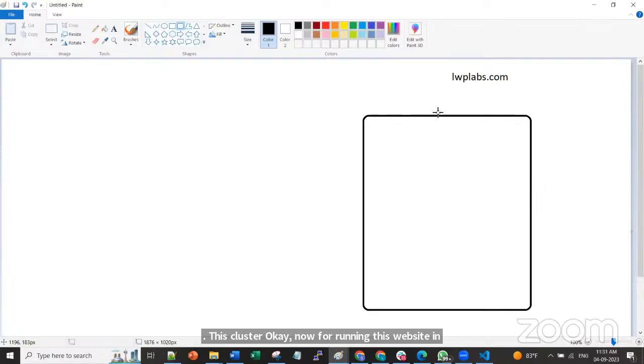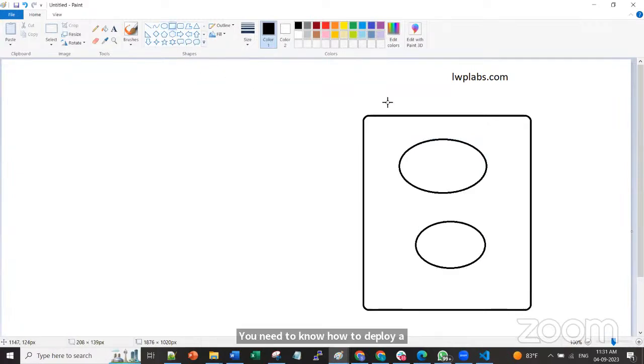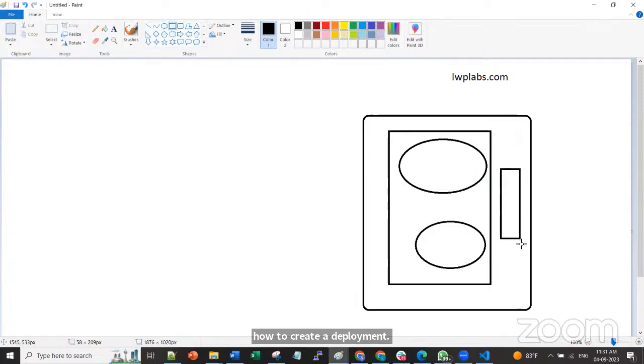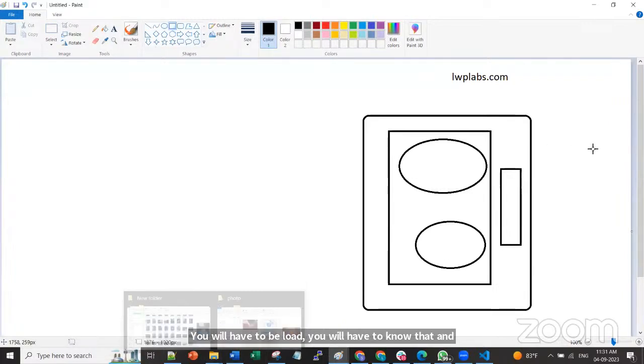start from zero. Means you need to know how to create a Kubernetes cluster. You need to know how to deploy a pod. You need to know how to create a deployment. You need to know how to create a service. You need to know what are the different kinds of service, like load balancer, cluster IP, and node port kind of services. You will have to know that, and we will give you the documentation and differences with which you will be